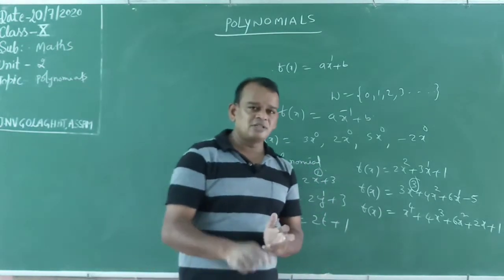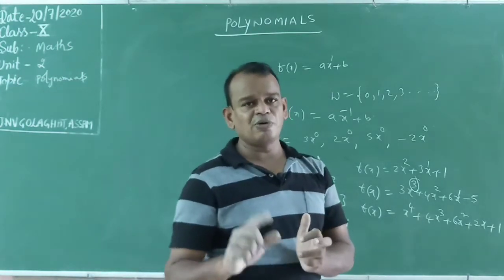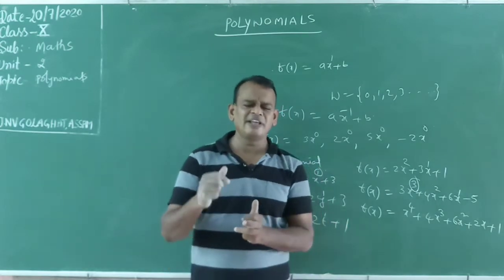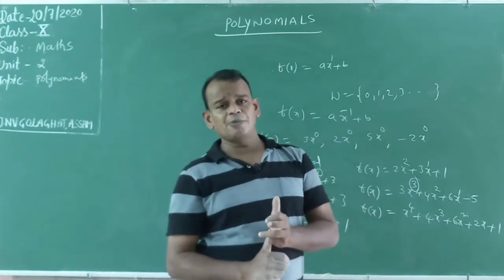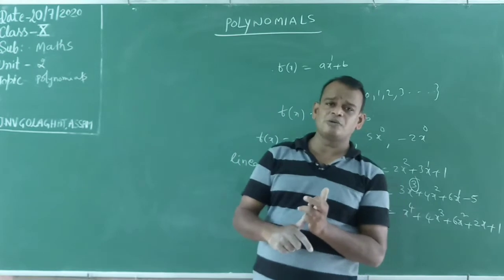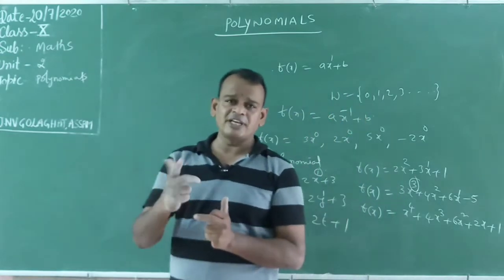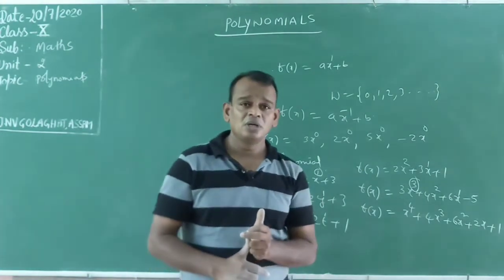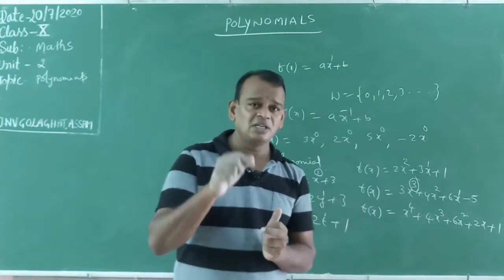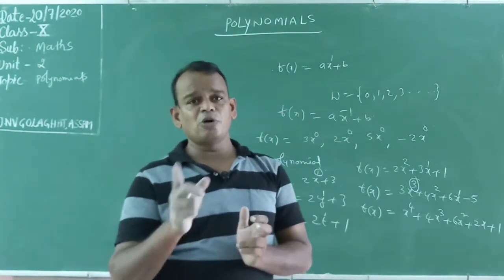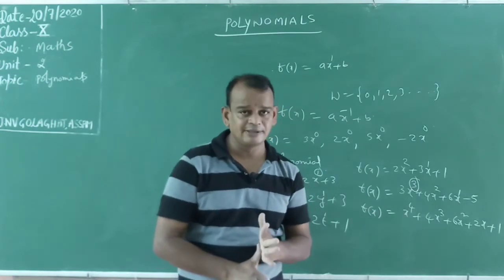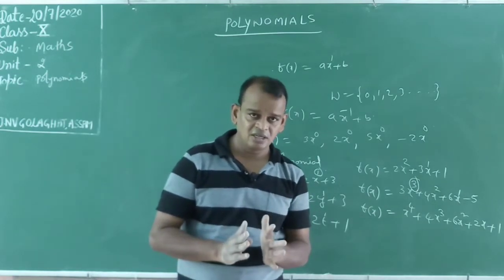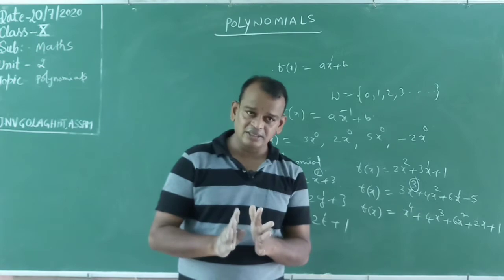Constant polynomial means x power 0. The highest power of x is 0. Variable x means nothing but the variable. What is the linear polynomial? In that polynomial, the highest power of the variable is 1. Quadratic means the highest power of the variable in that polynomial is 2. For cubic, the highest power of the variable is 3. Biquadratic, the highest power of the polynomial is 4. That is the biquadratic polynomial. Understand? Understood or not? Yes.